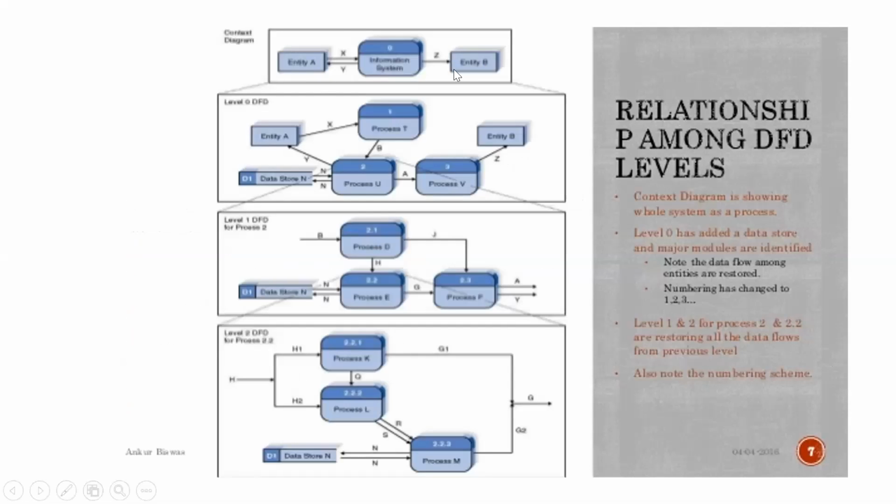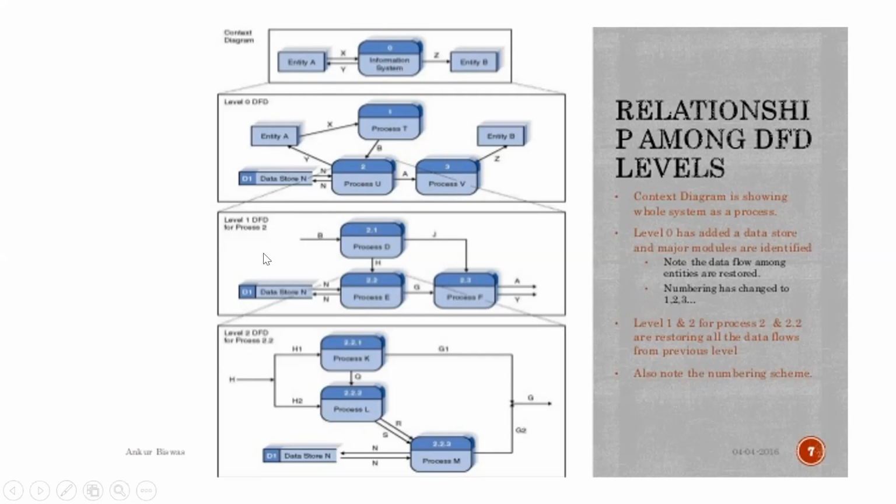So this diagram shows a context diagram wherein the information system is your system at context level 0, and the entities which are connected to that system are shown, with the system as a whole. To move towards the next level, that is level 0 of DFD, the system is divided into a number of processes, the basic processes that you will have, and the entities which are connected to it, and the databases. So your database D1 and the data store name is given.